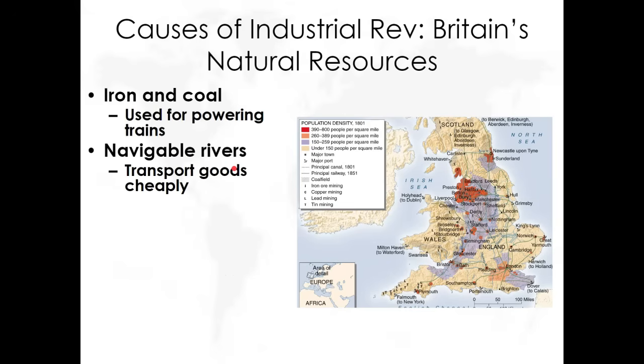Here is your answer, and yes, it's the classic natural resources. So Britain is blessed to have a lot of iron and coal in its ground, and remember, iron is going to be very useful to make railroad tracks. You know, trains are made out of iron. And additionally, what powers the trains, and also the steam engine, arguably the most important invention of the 19th century, it's going to be coal.